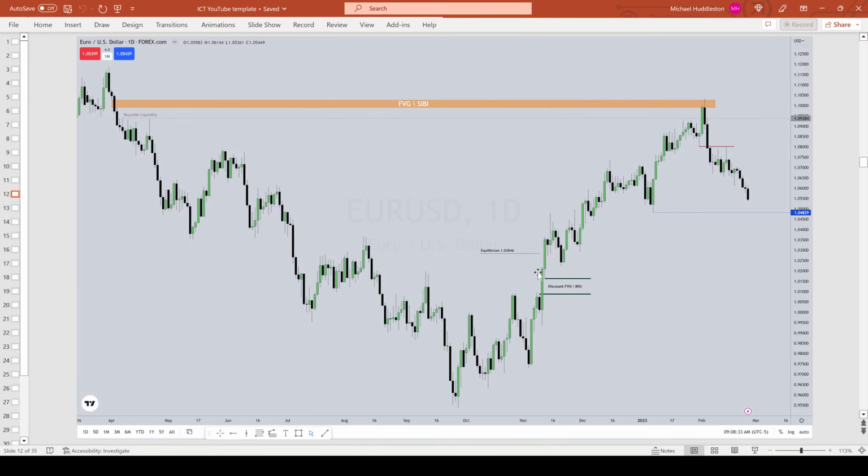that discount fair value gap in the form of buy side imbalance, sell side inefficiency, which is BISI. That's one candle moving up with the previous candle's high being lower than it, and the next candle's low being higher than the previous candle's high. So that separation between those two candles with this one candle, that is a fair value gap. What specific style of fair value gap? BISI, buy side imbalance, sell side inefficiency. Equilibrium's here. So if it wants to go to a discount, that's where my eye is right here.